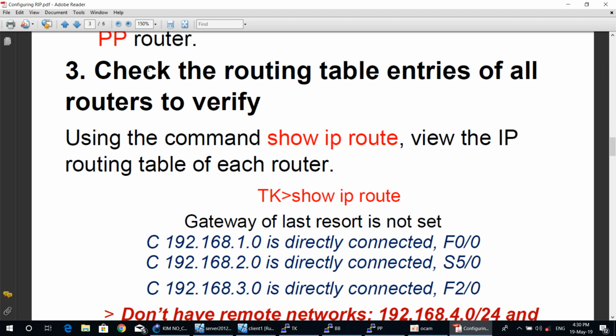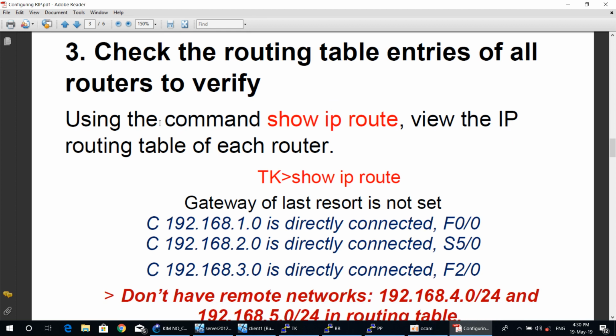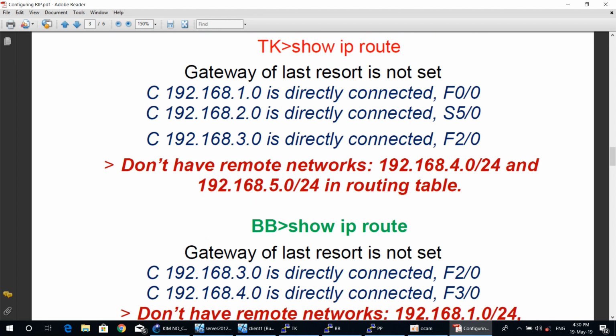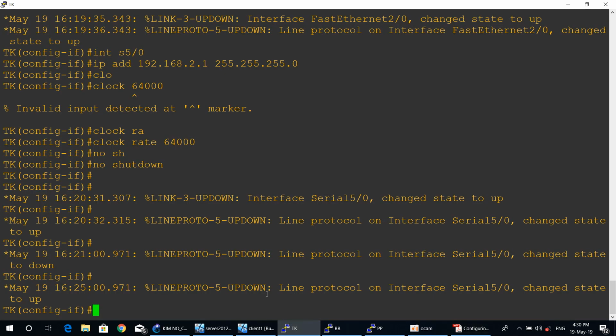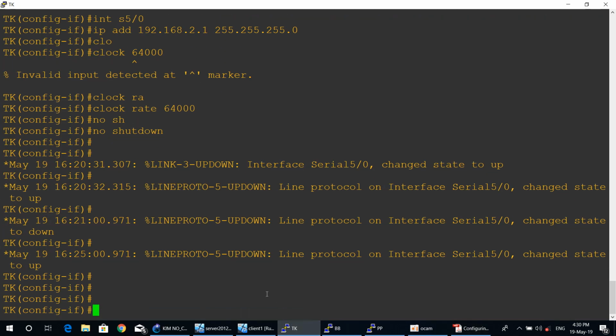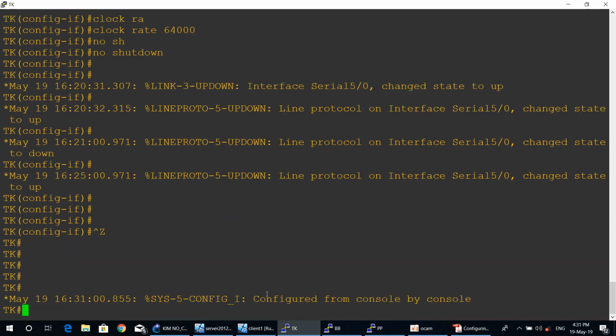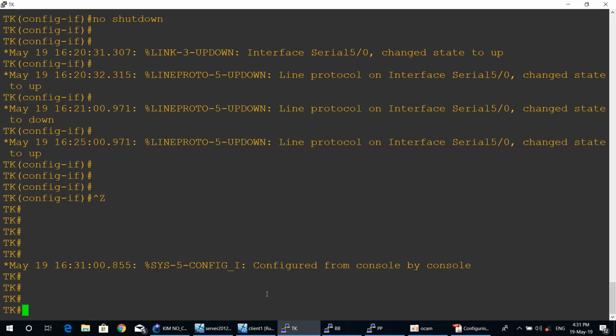Step 3, check the routing table in all three routers to verify. So using the command show ip route, view the IP routing table of each router. Okay, so let's start now. I exit from the specific mode to privileged exec mode. To view the routing table of router TK, you use the command show